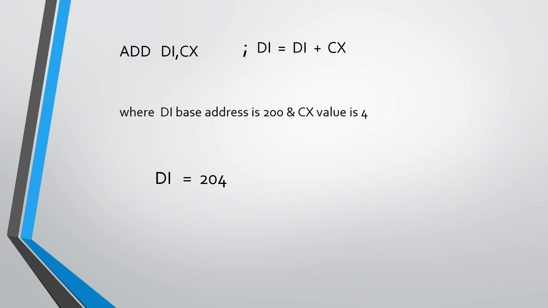For reversing a string, we need to increase the DI. For example, consider that DI is pointing to the 200th location. Now we have to add the length of the given string to the DI. Now DI is pointing to the 204th location, but the 204th location is the fifth index of the RSTR, but the length of the string is 4.